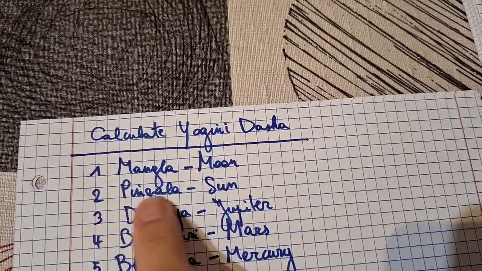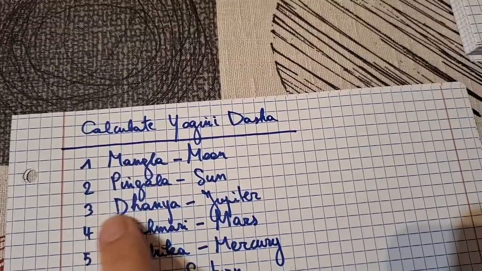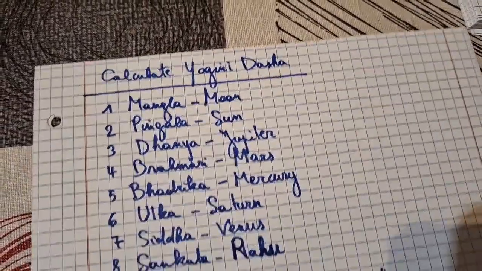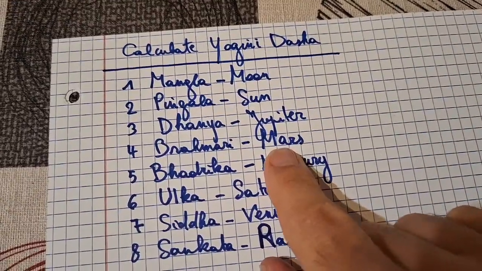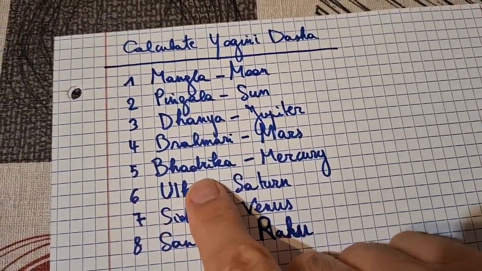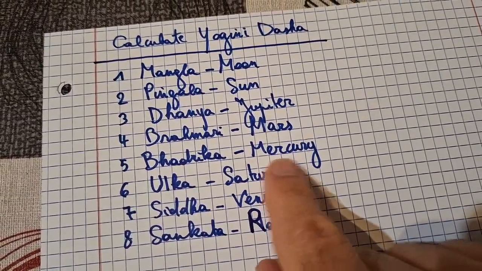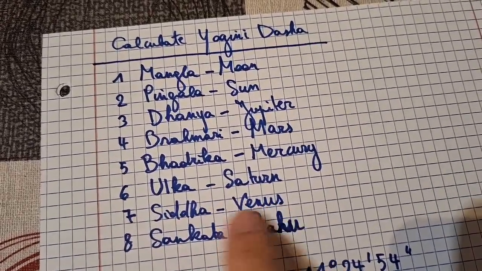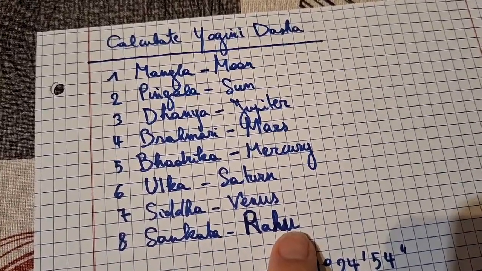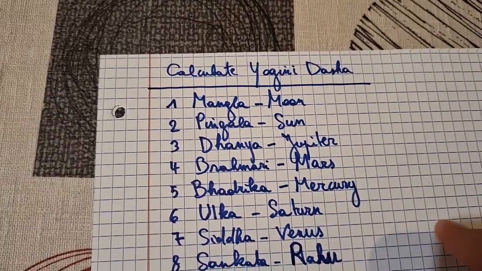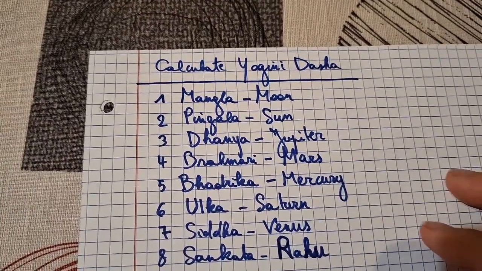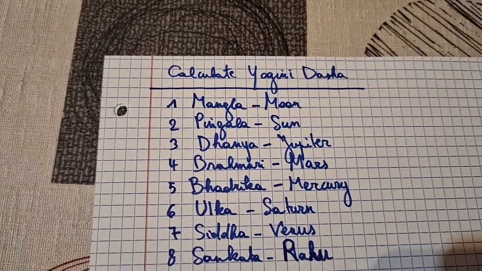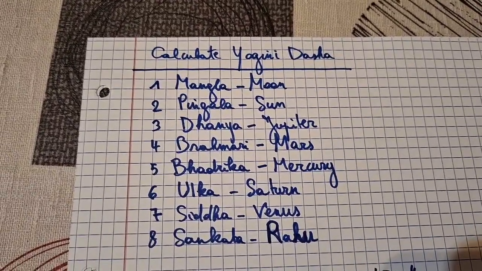Second is Pingala, ruled by the sun. Third is Danya, ruled by Jupiter. Fourth is Brahmari, ruled by Mars. Fifth is Badrika, ruled by Mercury. Sixth, Ulka, Saturn. Seventh, Siddha, Venus. Eighth, Sankata by Rahu. So, just like in Vimshottari Dasha, we need the longitude of the moon to calculate the